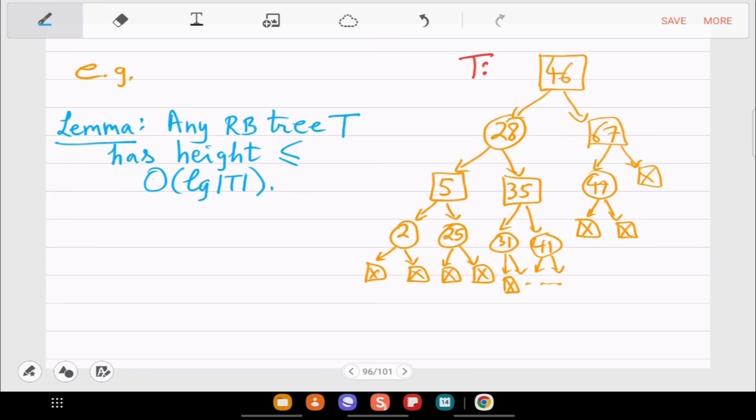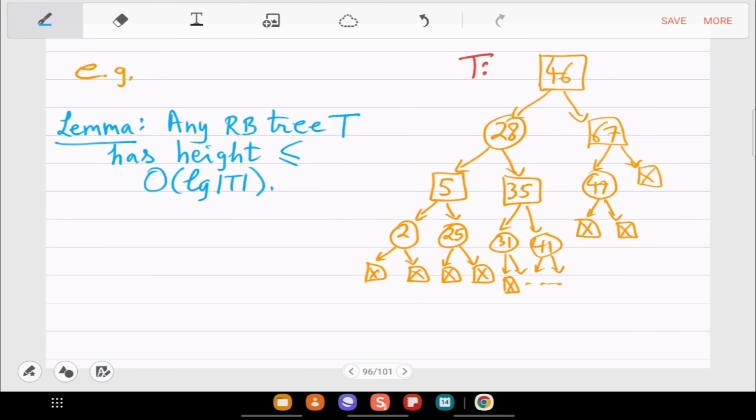But as you have seen before, in a BST, it takes height of the tree much time. So if the height can already be much bigger than log n, then it won't be of any utility. So the first important lemma is that actually that's not the case. It's a good case. Just those axioms that we have put enforce that the height cannot be more than order log n. So why do they imply this? Right, this requires a proof.